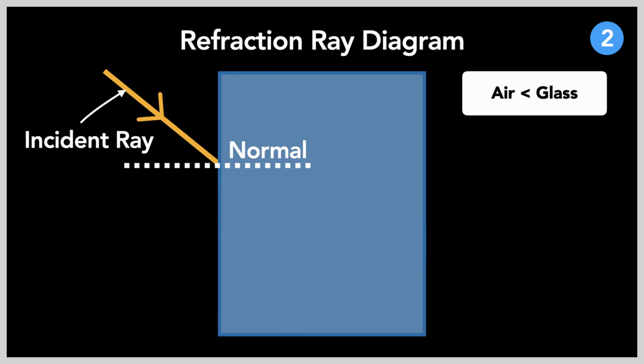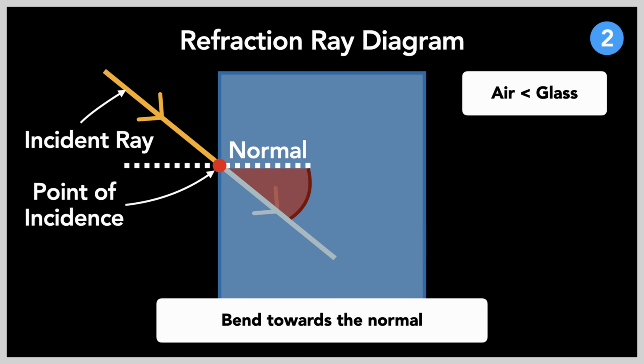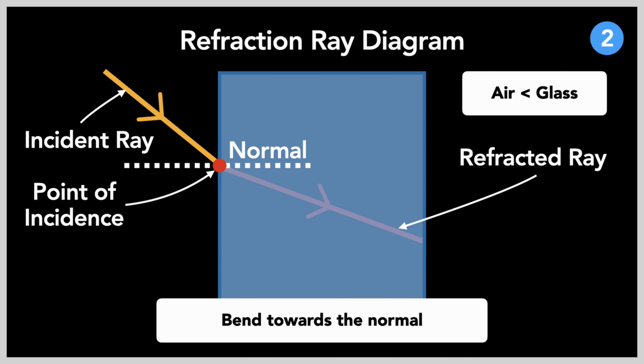Our next step is to draw the normal, which is a dashed line perpendicular to the glass surface. If the light ray does not encounter any interference, it would continue to travel along the same path, like this. Since the light ray is entering a denser medium, the light wave will slow down and bend towards the normal line. Usually, when accuracy is not a concern, you can draw what's called a refracted ray, somewhere in between this angle, like this.